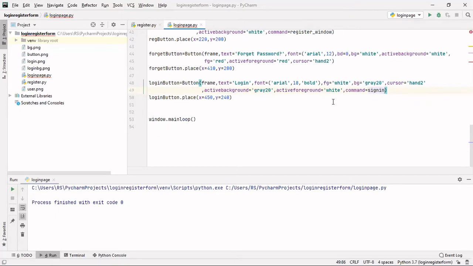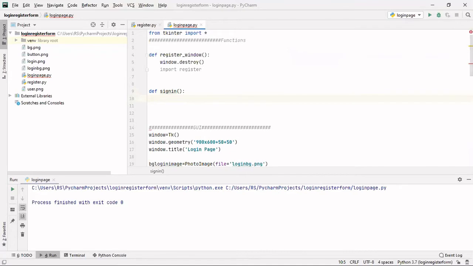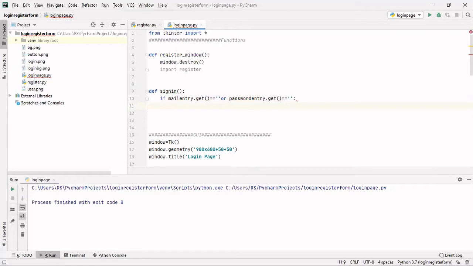In the sign in function, first we will check if mail entry.get equals to null, or password entry.get is null. If any of the entry fields is null, then